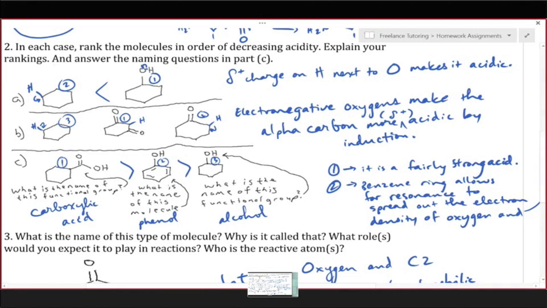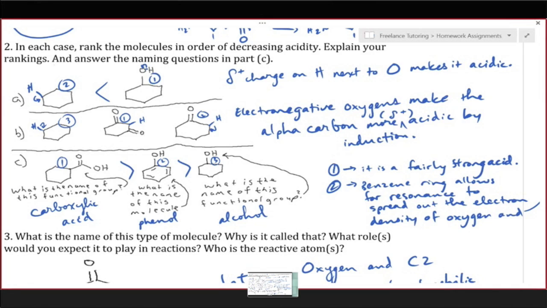Which makes it easier to lose the proton in the first place. Okay, good. So that's that kind of long, convoluted logic that we ended up using for A as well. Or in this case, maybe it's even a little bit longer. But the point is, it's easier for carbon 2 to lose a proton. It's easier for the molecule you marked as 2 to lose the proton than the molecule you marked as 3